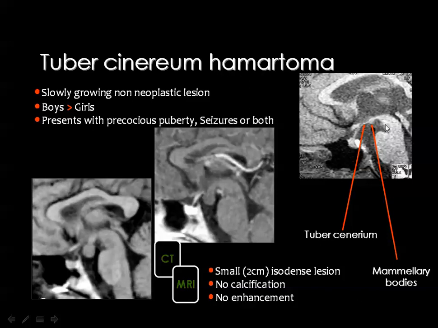Then from the anatomy, remember, this is the mammillary body, and this area is known as the tuber cinereum. There is a known lesion here, which is called the tuber cinereum hamartoma, or the hypothalamic hamartoma. You remember that the tuber cinereum is one of the borders of the hypothalamus. The tuber cinereum hamartoma is a benign lesion arising from the region of the tuber cinereum. It is common in boys more than girls, and usually presents by precocious puberty and sometimes seizure, and both presentations